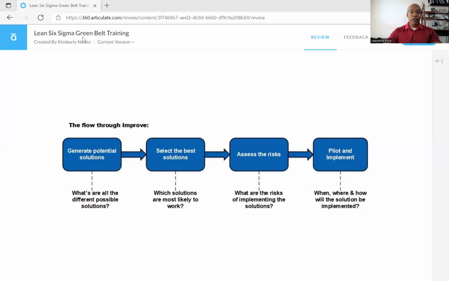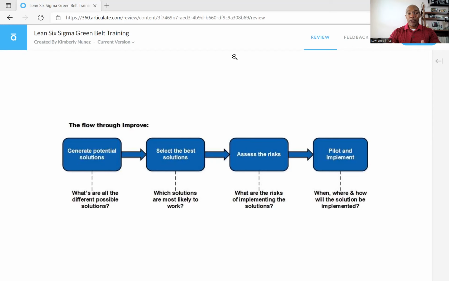To talk a little deeper about the improve phase, I want to bring up a quick process map and walk you through this. As a Lean Six Sigma practitioner, when you're going through the improve phase, you're going to go through the following four steps. One, you want to generate some potential solutions. There are a lot of different structured brainstorming activities you can go through if you're working with multiple people. Next, you want to select the best solutions. Out of all the ideas and potential solutions you brainstorm, what are the ones you really want to implement? Three, assess the risks associated with implementing any of those solutions, and